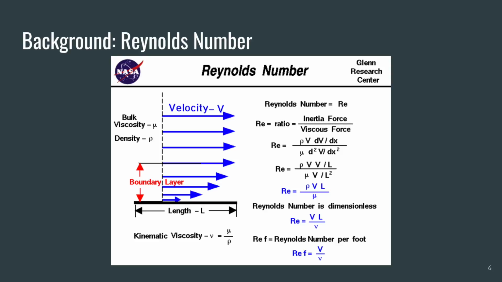As an object moves through the air, gas molecules stick to the surface. This creates a layer of air near the surface called a boundary layer, which in effect changes the shape of the object. Boundary layers may be either laminar or turbulent depending on the value of the Reynolds number. For lower Reynolds numbers, the boundary layer is laminar and the streamwise velocity changes uniformly. For higher Reynolds numbers, the boundary layer is turbulent and the streamwise velocity is characterized by unsteady swirling flows inside